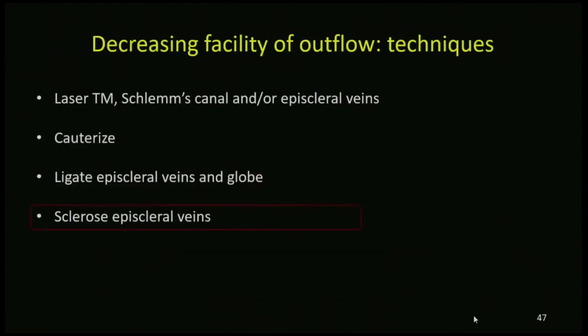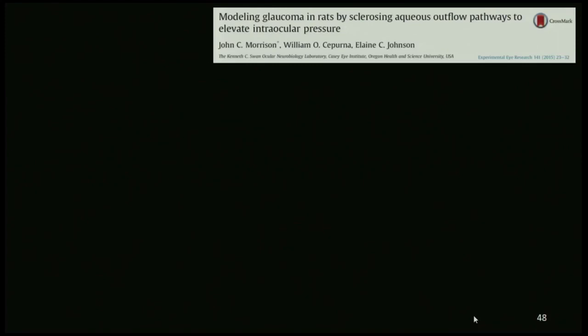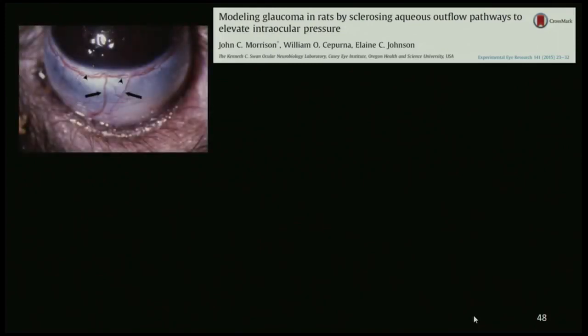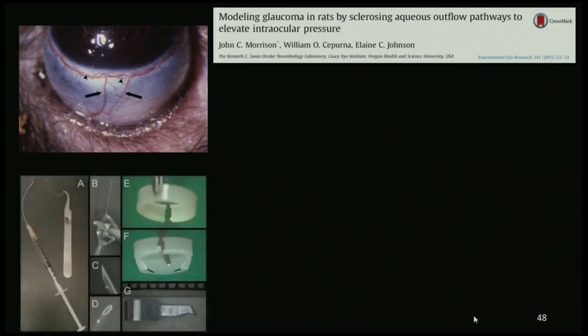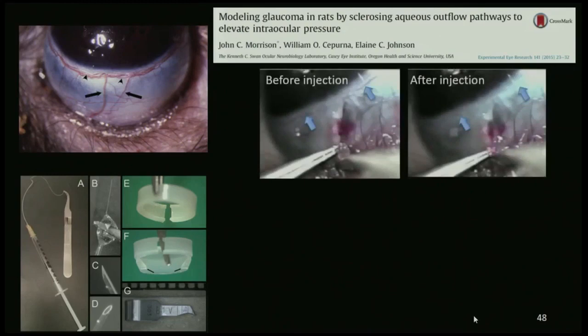So finally, let's look at the episclerosis model. This was another model that was developed by Morrison and colleagues. What they did was they isolated or identified the episcleral vein, again shown here. This is the limbal vasculature, and this is the vein and artery feeding off of those. And using some tools that were developed by Dr. Morrison and his colleagues, they were able to isolate the episcleral vein and cannulate it with a very fine needle. So this does take a lot of surgical experience.